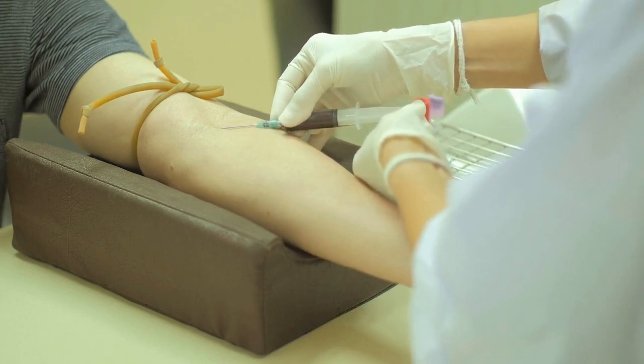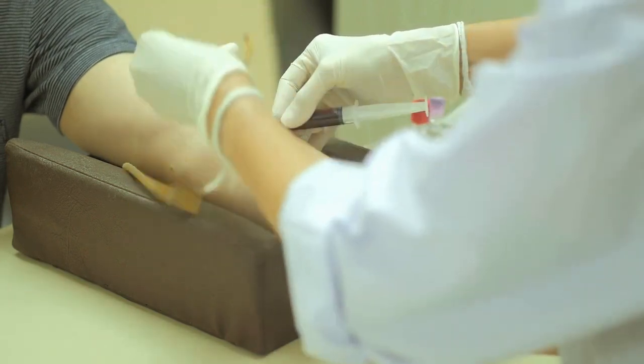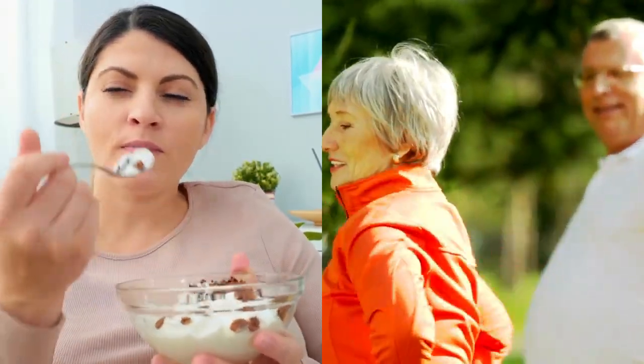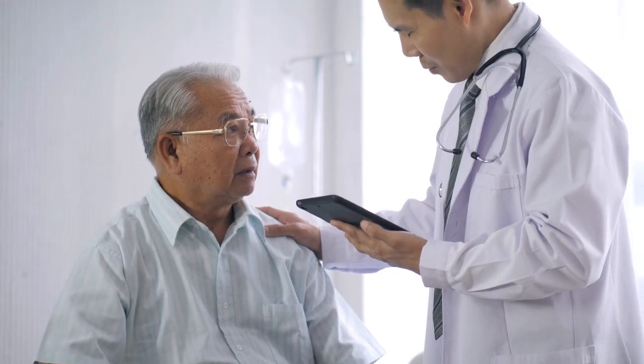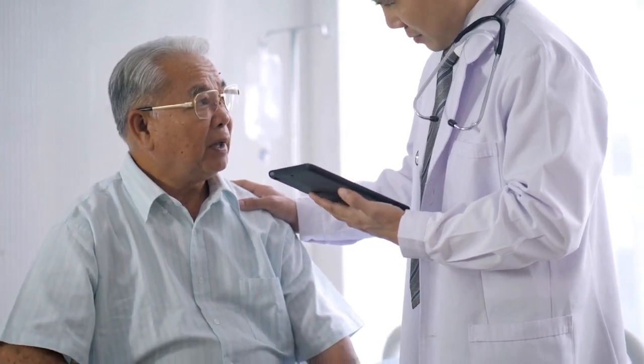It helps healthcare providers and patients understand how well diabetes management strategies, such as medication, diet, and exercise, are working over time. Healthcare providers often set target A1C levels for people with diabetes based on factors such as age, overall health, and the presence of complications. These targets help guide treatment decisions and adjustments to achieve optimal blood sugar control and reduce the risk of diabetes-related